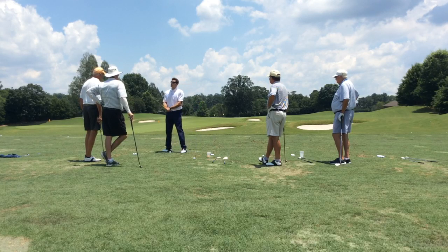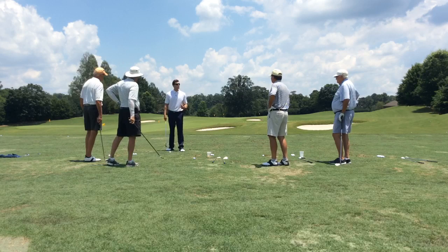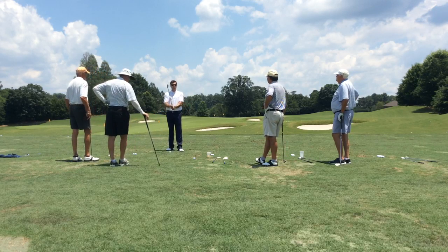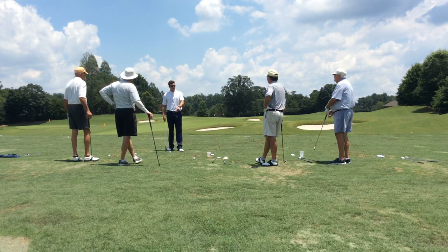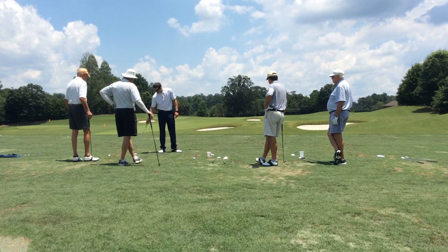Because if you're not, you're building tension. You're either getting tension in your forearms or you're getting tension somewhere. So you're not going to make the same swing that you think you're going to make because you've done all the thinking over the golf ball instead of behind the golf ball. So next time we're out on the course, I'm going to